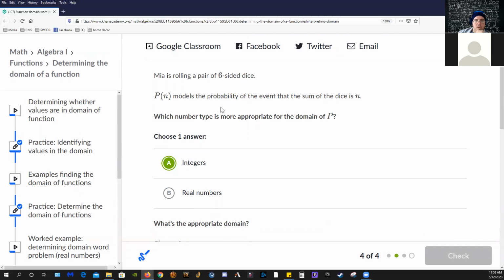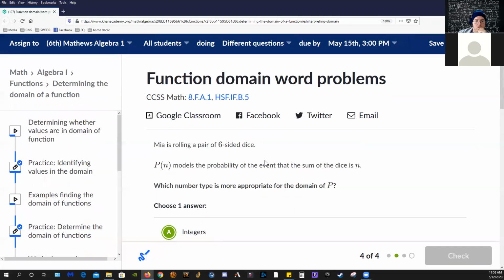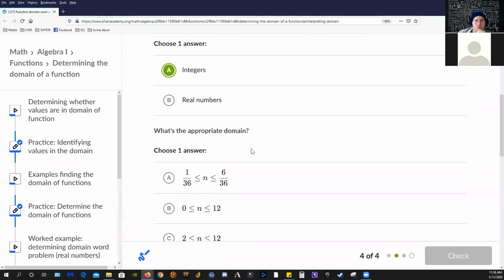The probability of an event with the sum of the dice is equal to n. N is the sum of the dice. P is the probability n, and we're talking about the domain. The domain is the x value is n, so